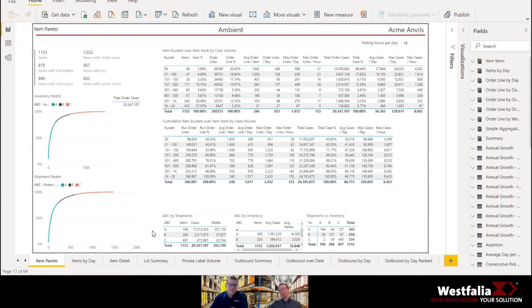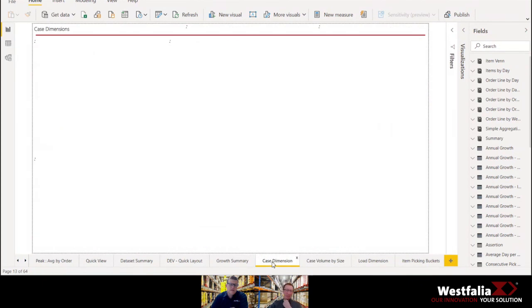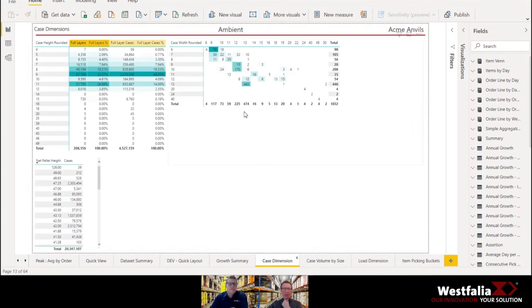door. But like you said, if we're picking some case flow lanes, we need to look at the size of those cases as well. So let's jump into that actually. The case dimensions look pretty reasonable. The majority of their volume is 13 inches wide by 13 inches long, and the heights are all less than 13 inches as well. We're seeing a lot of 9s and a lot of 11 inches, so fairly reasonable, consistent